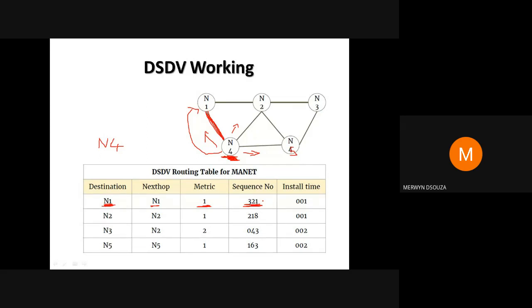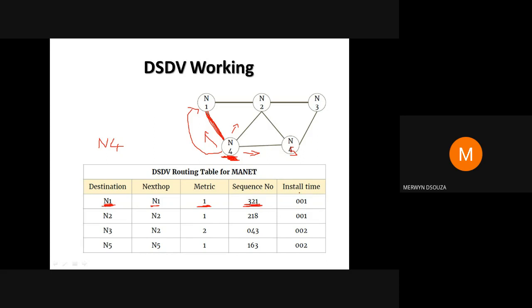If I can find out how that happens in future, I'll update you with that information. But right now, they're not really mentioning how the sequence numbers are generated. They use a sequence number for each route. The purpose of the sequence number I'll let you know later. Like I've already mentioned to you, it is to avoid looping and to avoid routes that are no longer in use. So we'll see how that is happening.